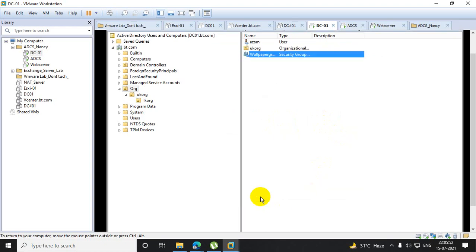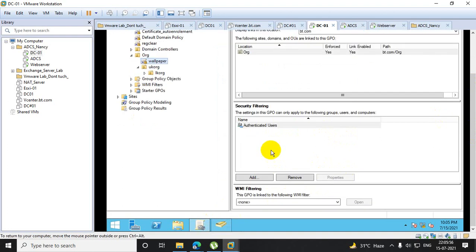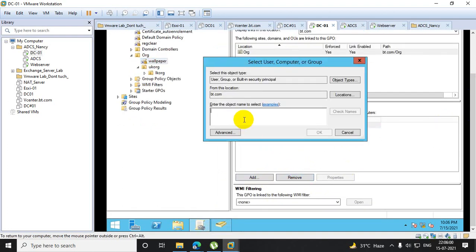Perfect. After that, I will go to the policy, and first I am adding the wallpaper group. Let's start with one. The wallpaper group will come.